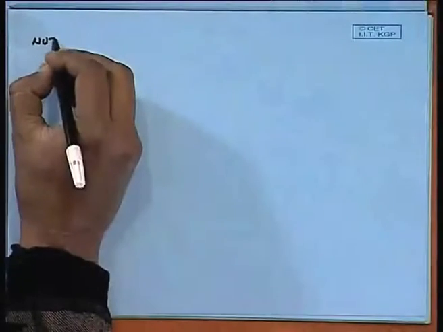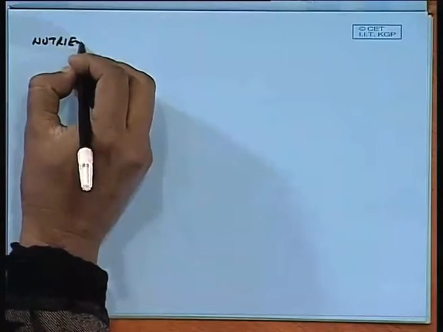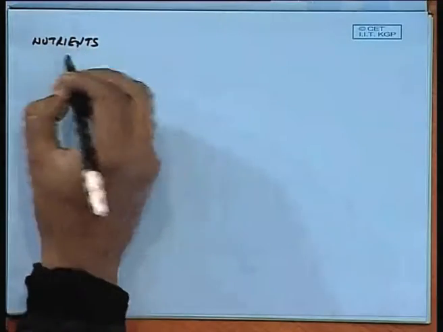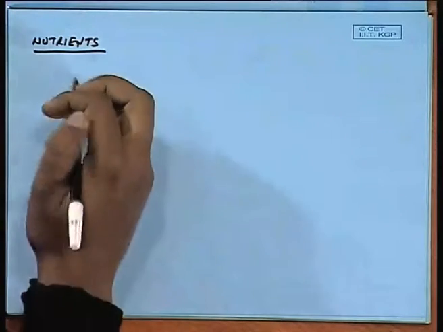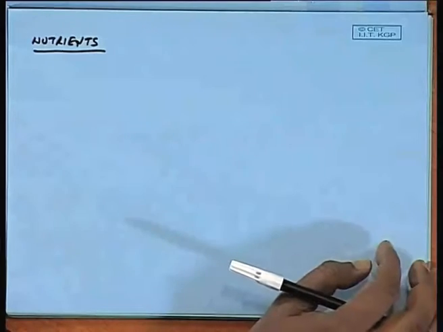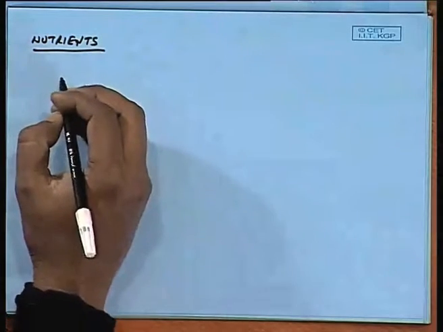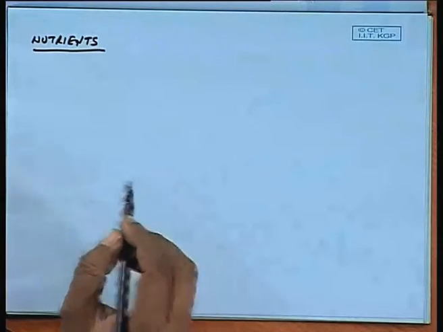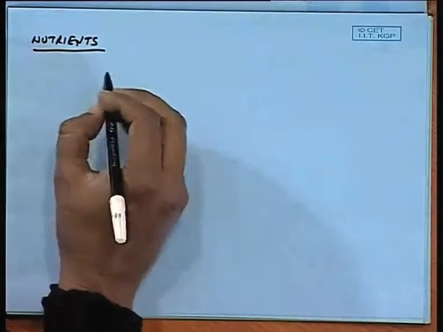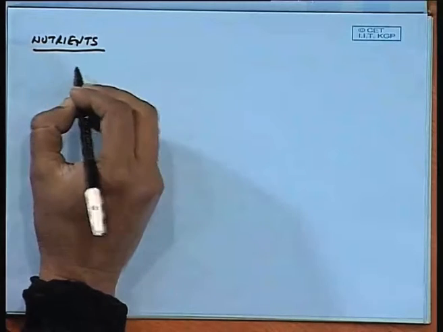Okay, so we start the discussion where we left off yesterday, that is, about the nutrients. I was also explaining what the different types of nutrients are and what their implications are, like eutrophication, that I discussed with you. Now as you can see, these nutrients can be coming from different sources.